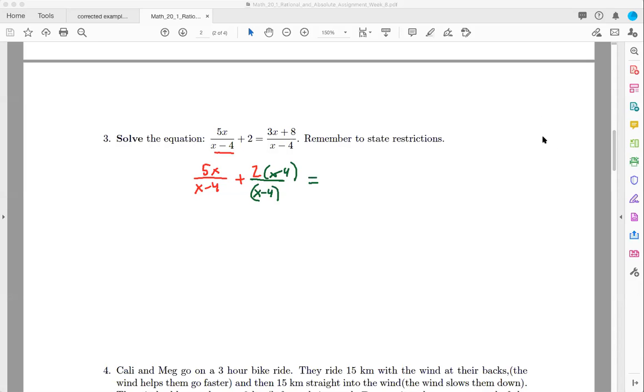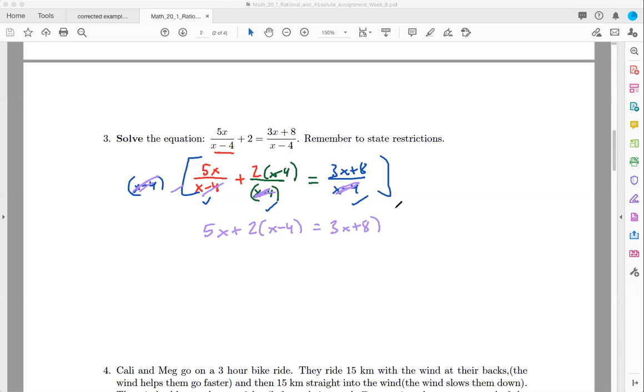So let's take a look at the next piece. We have 3x plus 8, and that's over x minus 4. Now this is cool because each of these now have the correct denominator, so we can multiply the whole equation by x minus 4. So if we take the whole equation times x minus 4, see what happens. It's going to cancel out this piece, that piece, and this piece. So what we're left with is just 5x plus 2 times x minus 4